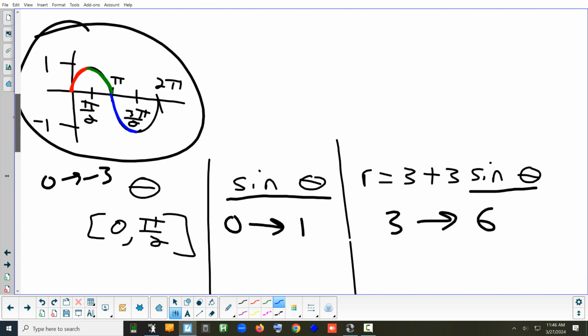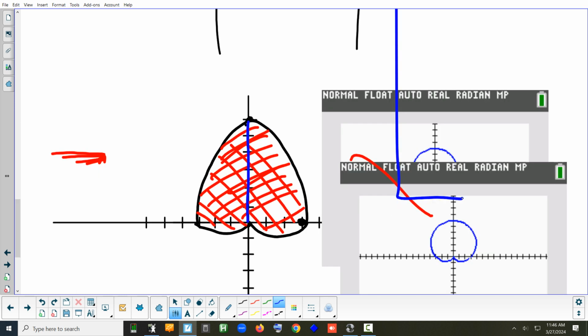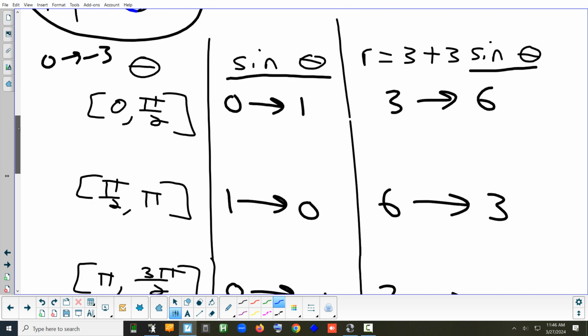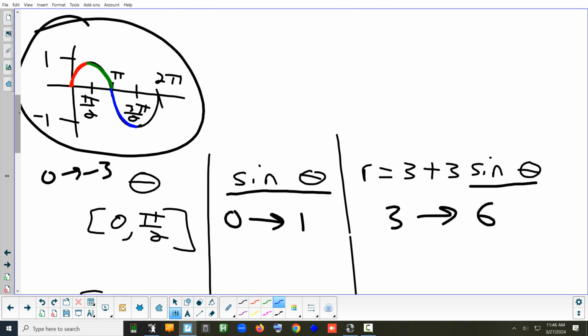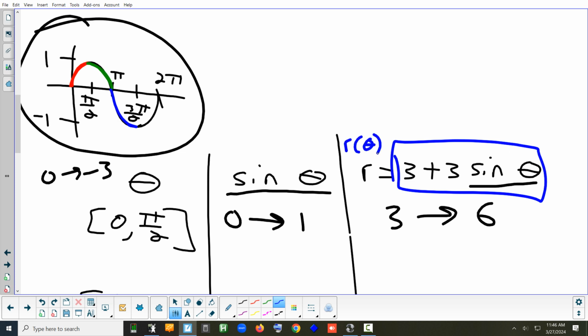They gave me an equation, right? In polar, you have a formula for finding the radius. It's not a constant radius. If it was a constant, it would be a circle. It's a radius that's changing, but it's very predictably changing. There's a formula to calculate it, and that formula is r of theta. It's a function in terms of an angle. So they'll give you a formula to calculate the radius. You just use it. That's your r,